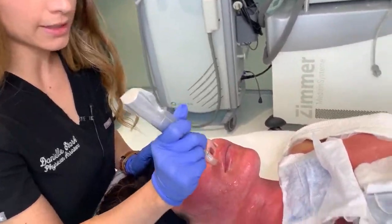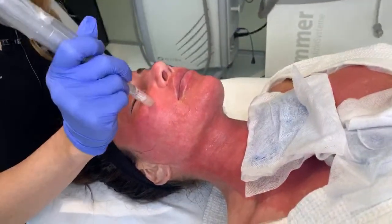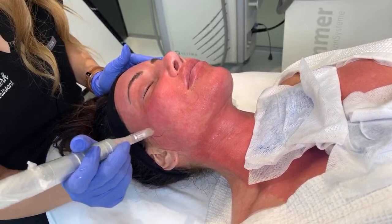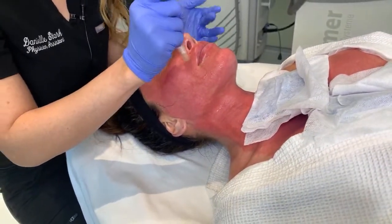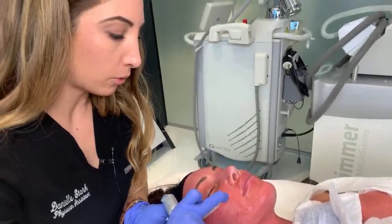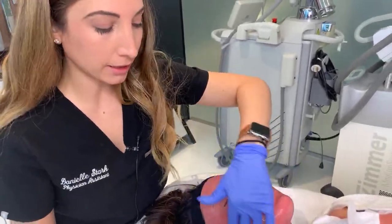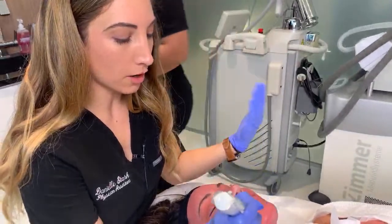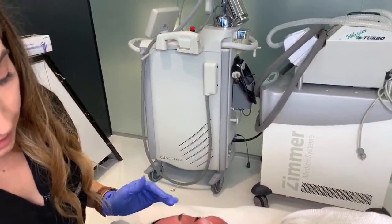We'll incorporate some growth factor serums, which combine cytokines, growth factors, and essentially everything that your skin needs to repair the cells that we've essentially laced and are causing turnover with. So by adding in those healing agents, your skin will be recovering a lot quicker. There will also be hyaluronic acid in her regimen, some really great moisturizers. And once we've gone through this initial healing phase, which will probably be about 4 to 6 days, then we'll